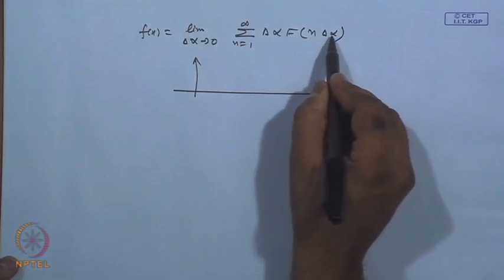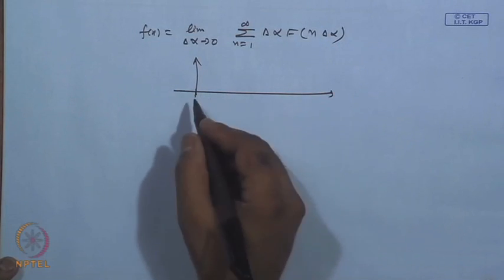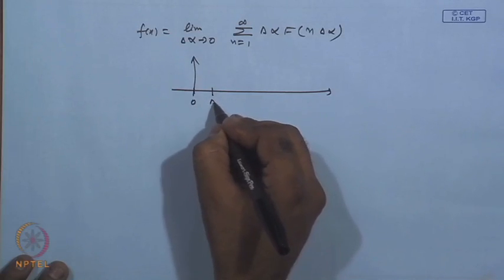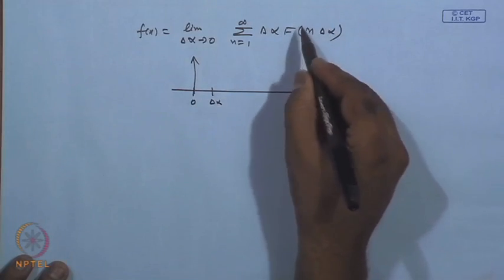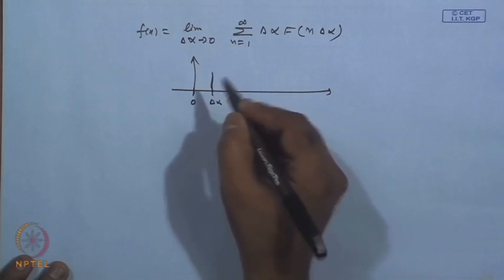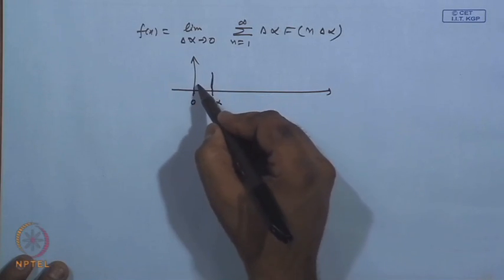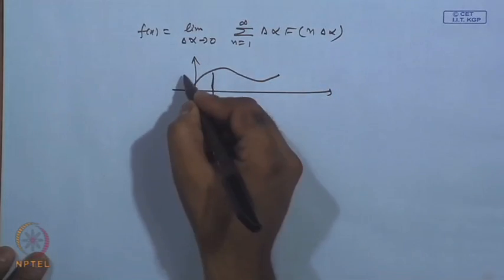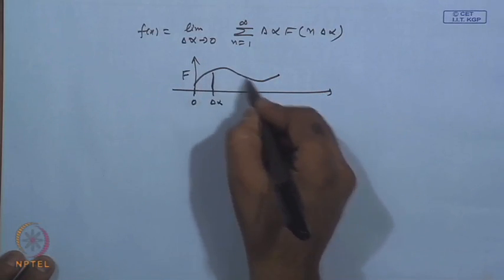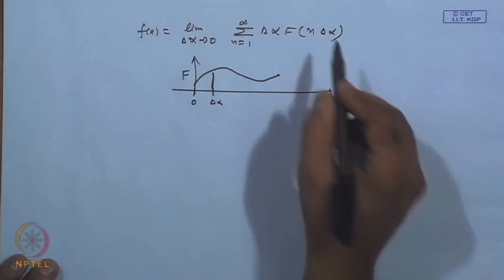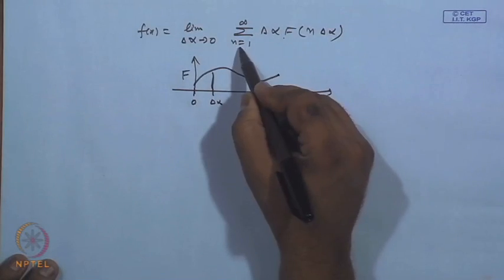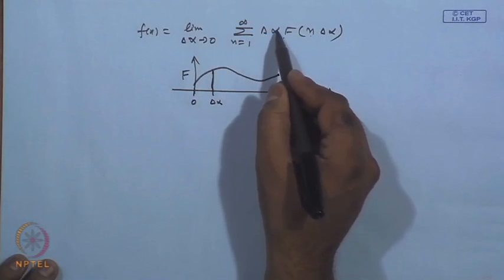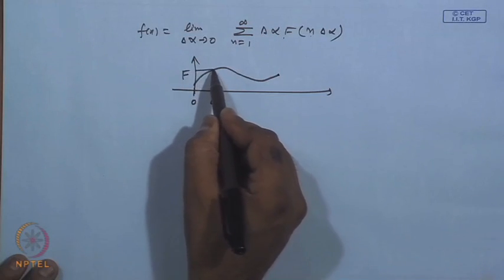So, we have n is equal to 1. So, the value of this f at delta alpha. So, let me start from 0, and we have here this delta alpha. So, the value of this function at delta alpha, so we can have this form of this f. So, let us assume that this is the graph of this f. So, what we are doing here is f when n is 1. So, f of delta alpha, this value, and then multiplying by delta alpha. So, basically getting this area here,